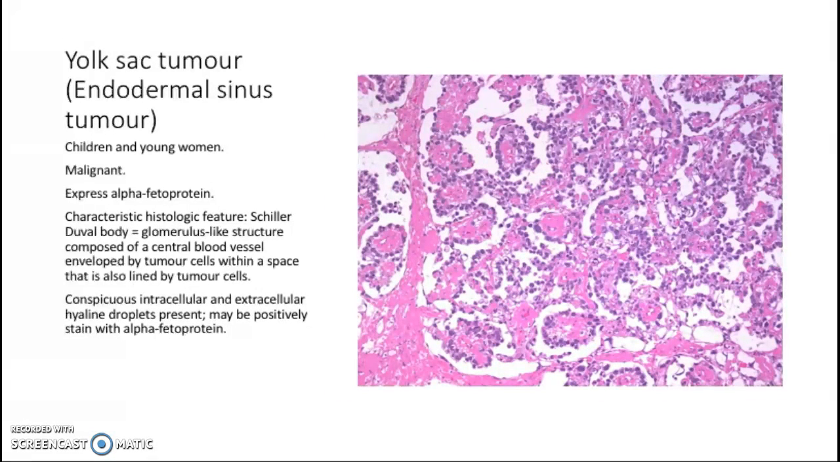Yolk sac tumor is also known as endodermal sinus tumor. It can happen in children and young women. It's malignant and it expresses alpha-fetoprotein or AFP. The characteristic feature is the Schiller-Duval body, which is a glomerulus-like structure composed of a central blood vessel enveloped by the tumor cells